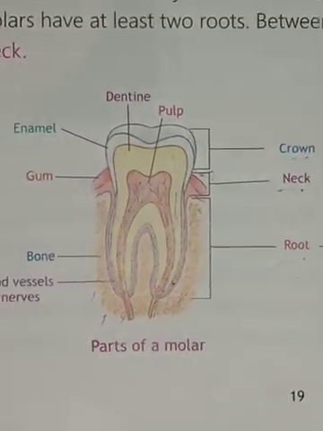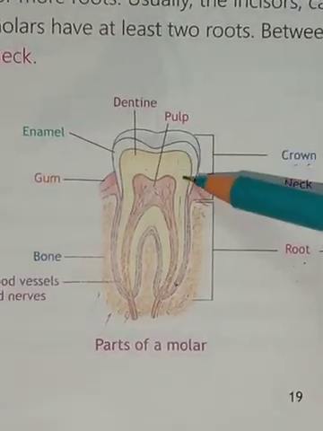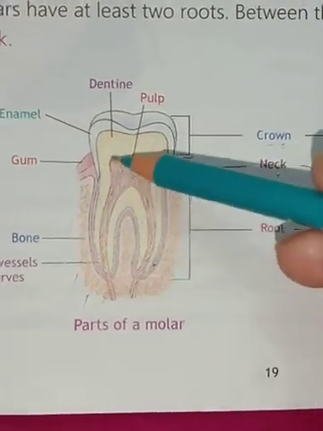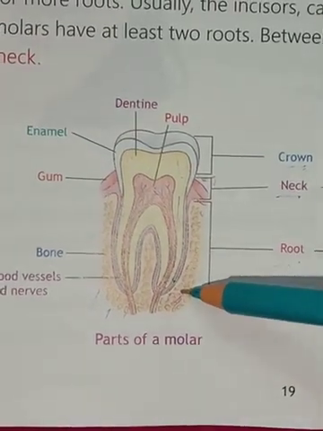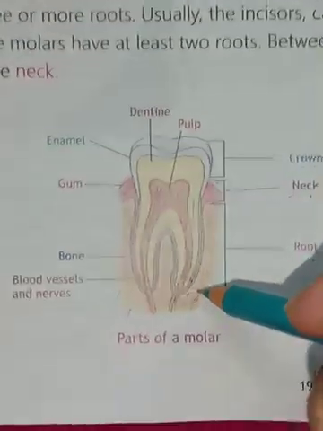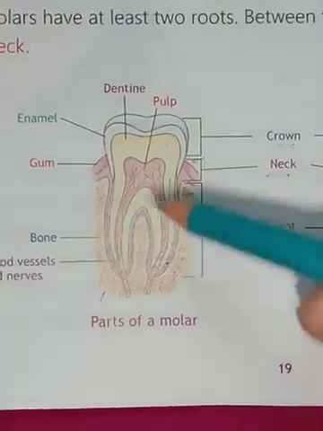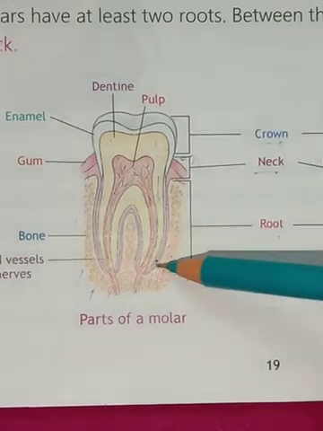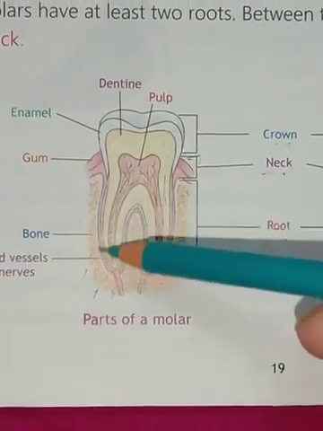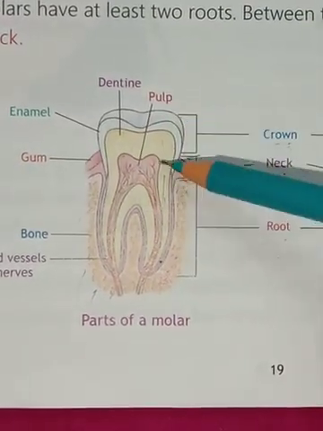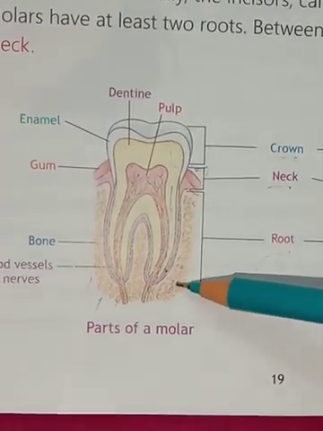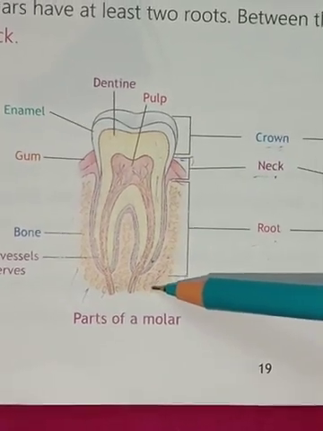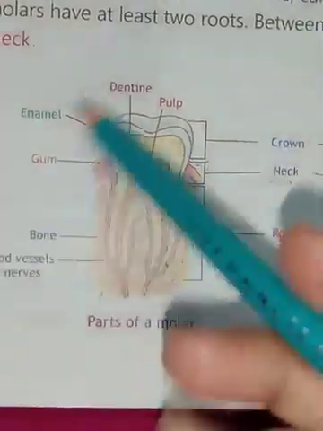Now, under the enamel, there is a hard bone like structure called dentine. Okay, just as we have bones inside a body, the bone supports a body. In the same way, there is dentine which supports the whole tooth. Okay, it makes up the whole tooth. It is a bone like structure which basically makes up the whole tooth, and this bone like structure is known as the dentine.